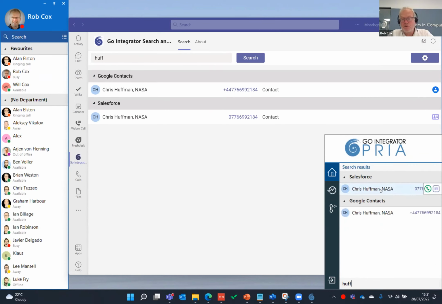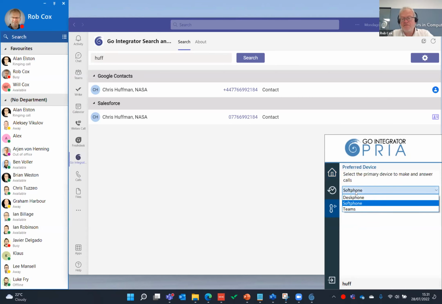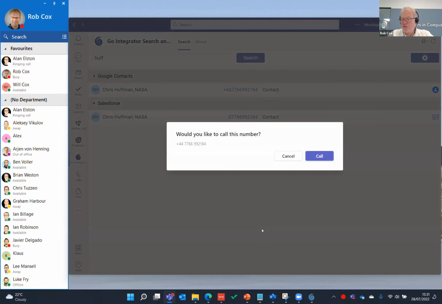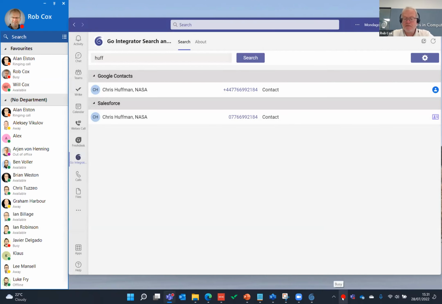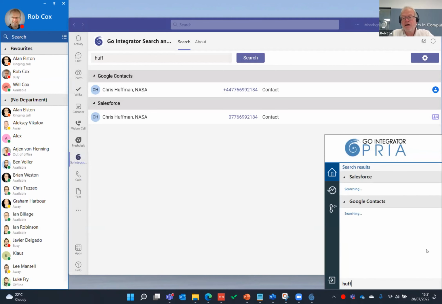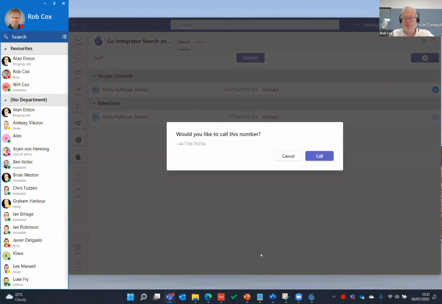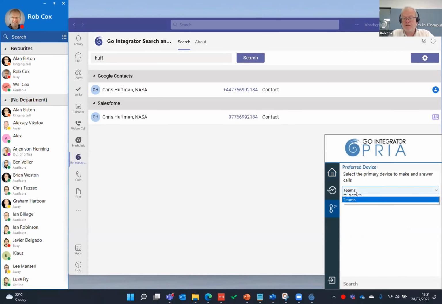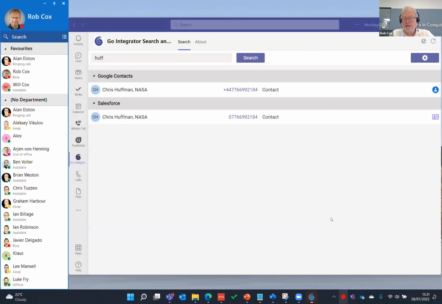whenever I place a call, the call is going to be placed through whatever device I picked as my preferred device here. Okay, so if I now go and click Teams as my preferred device, and I click on the number, you're going to see it's going to try and force my call through my Teams client rather than through the PortaOne client. Okay, and similarly, if I was to do it from here, and I go and click on the number, it's still going to try and push the call through my Teams client. Alternatively, if I went back to my soft phone, like so, and I placed the call, I'll just do it through recent calls this time,